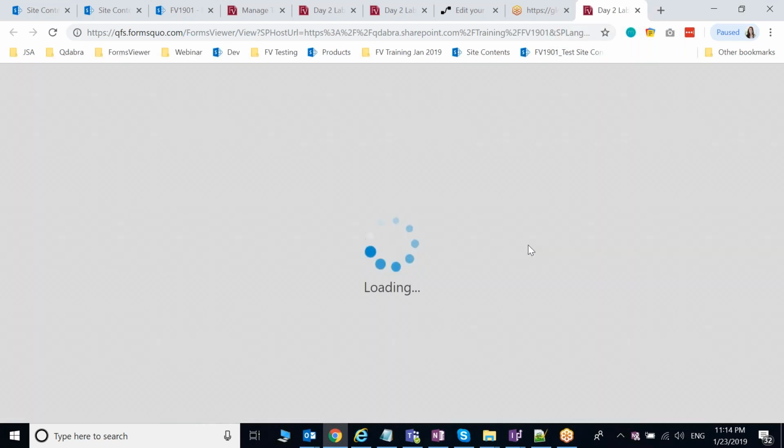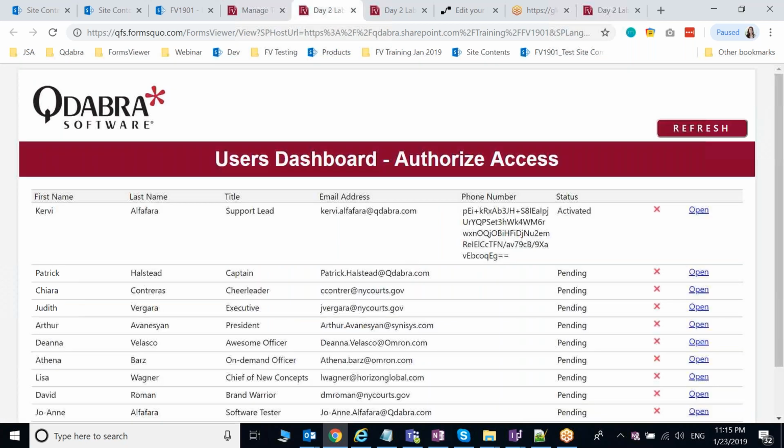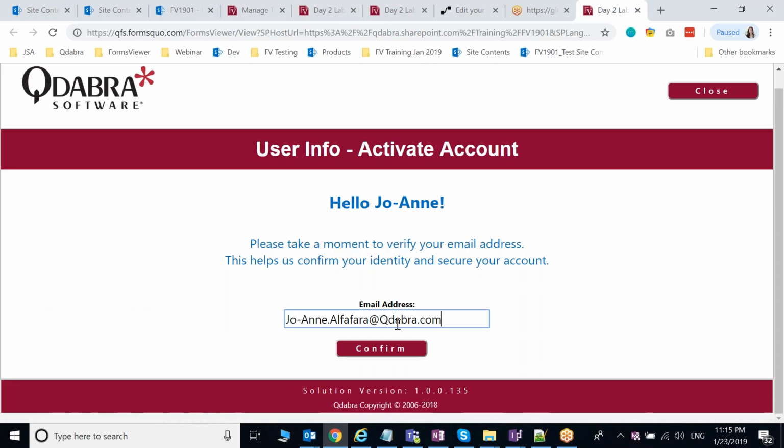Okay, so it's asking me to enter my email address. And by the way, this should be the exact email address that is entered in the user's dashboard, because it's case sensitive, okay? So you should enter your exact, correct email here. So if I click confirm,